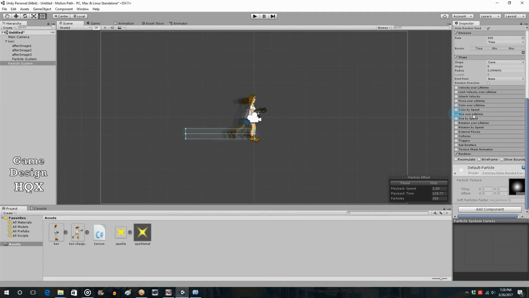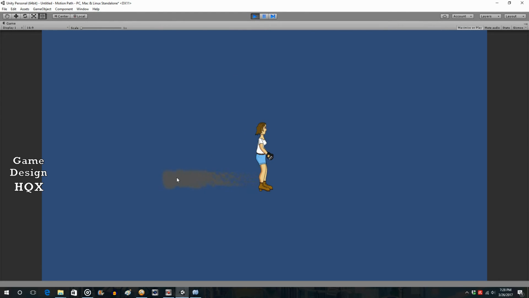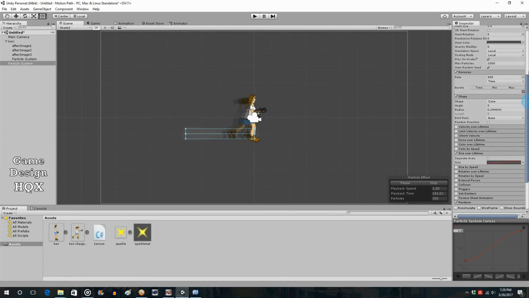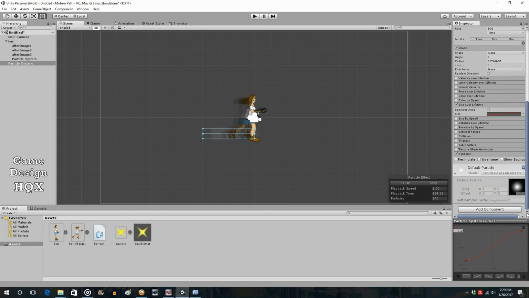So size over lifetime, you get like this little bar here, you get the graph. We're going to have the dust start off small and then grow out big. You can see, it's like a cloud here and gets kicked up here. So speed's probably still a little bit too fast. So let's make that 3. And let's bring the start lifetime down just a little bit. And we'll actually make the size